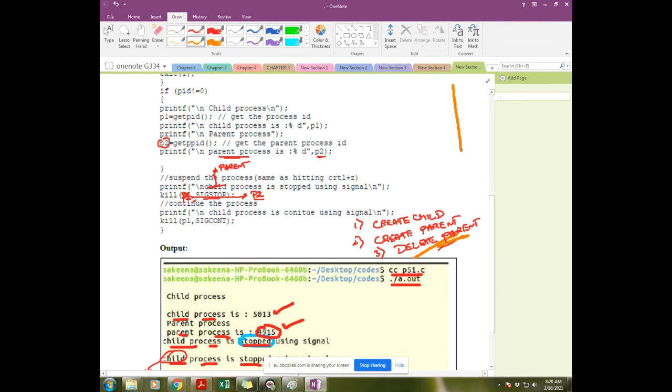So the program is the same, but here in place of p1 write p2. Why p2? Because p2 is the parent, so that's why you write p2. If in the exam it says delete child, it is the same, but if it says delete parent, you have to change to P2. Understand or no, all students?